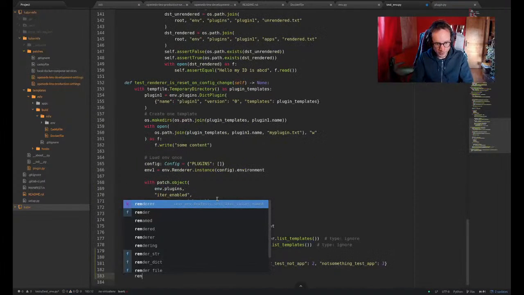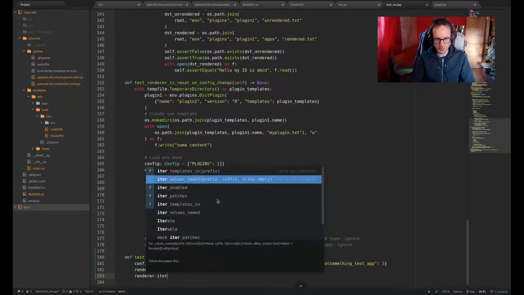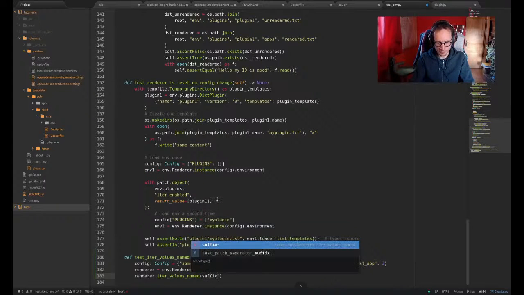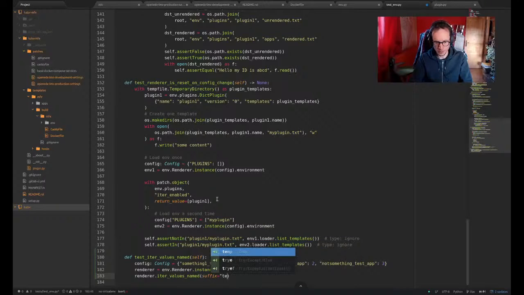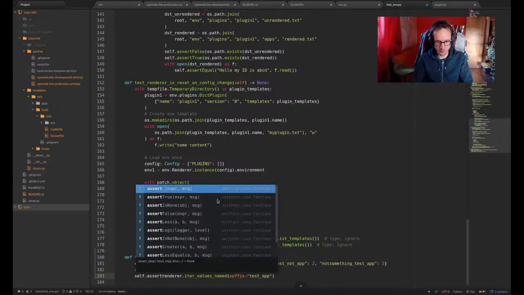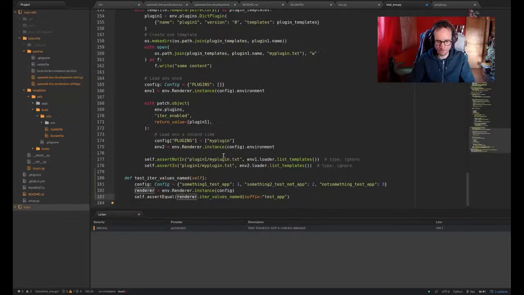And what is the value of render? Iter values named suffix equals test app. So this should be, so assert equal. So if we're iterating on the test apps, this should be 1 and 3. And if we make a list out of this,